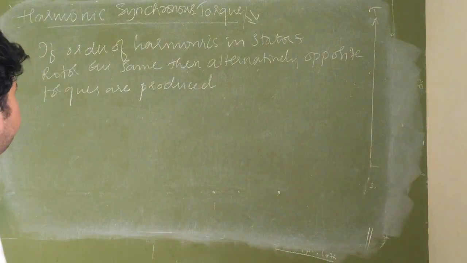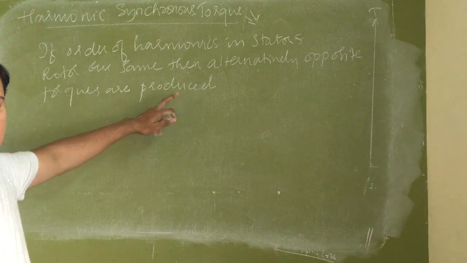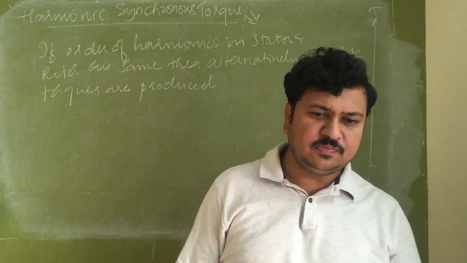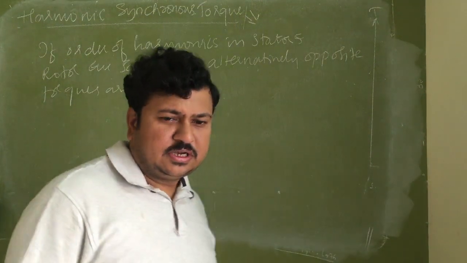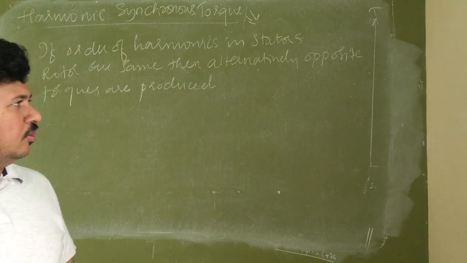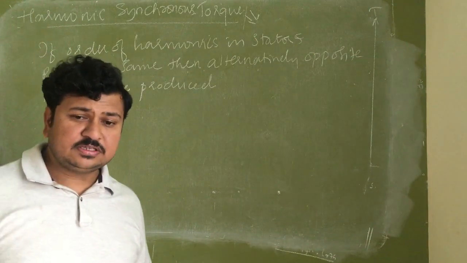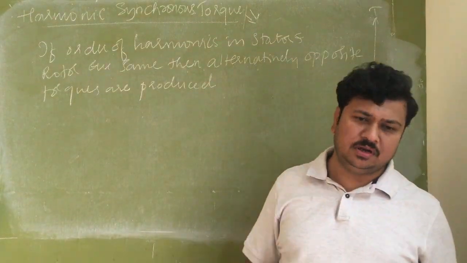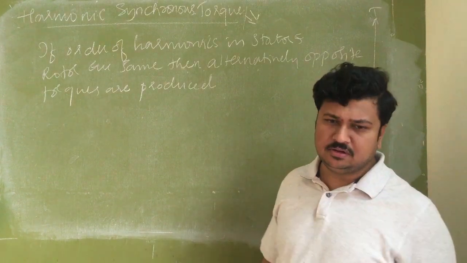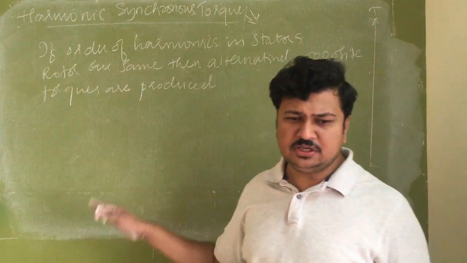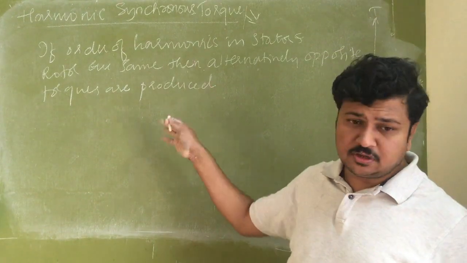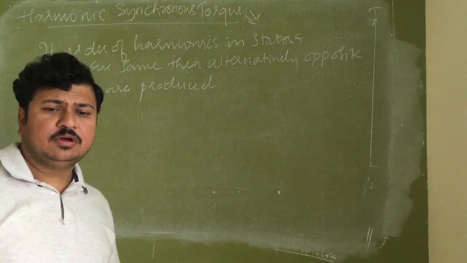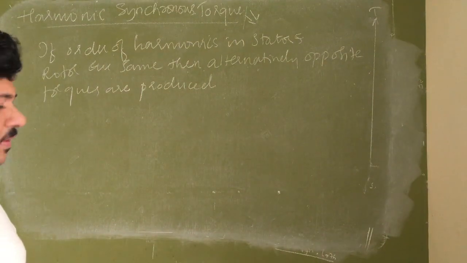if the speed of stator harmonic and rotor harmonic are different, that is, if the stator is having 7th harmonic and the rotor is having 5th harmonic, then stator harmonic speed is ns by 7, rotor harmonic speed is ns by 5. In this case, the motor will crawl. Already I know what is crawling. One effect of crawling is due to induction torques. Now due to synchronous torques also there can be crawling. Now motor will rotate at a very low speed.